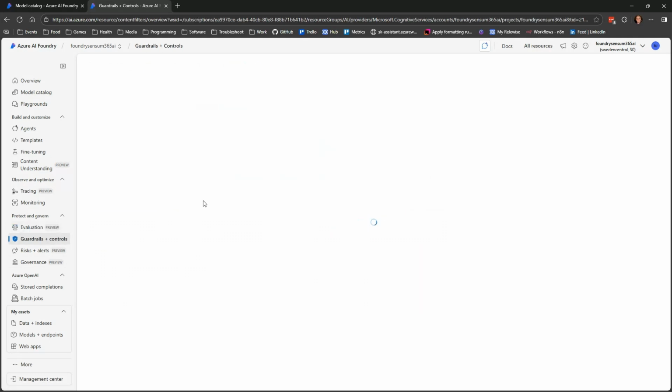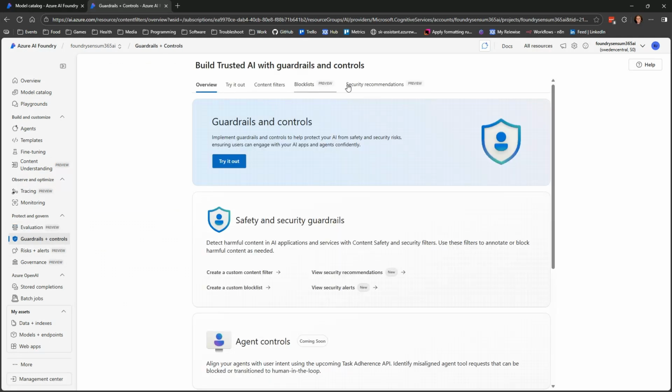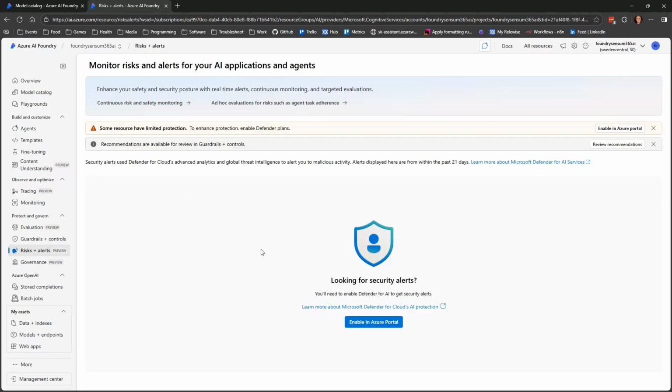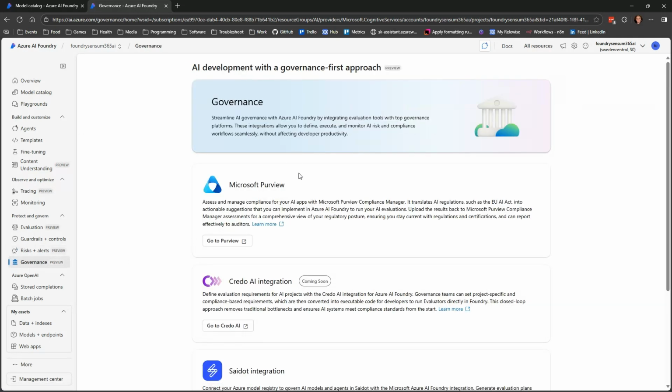There's guardrails, so you can set up block lists, block keywords and stuff like that. There's risks and alerts. I haven't tested it out, but again, enterprise stuff that you need to do, and governance for all the various big corporation needs.